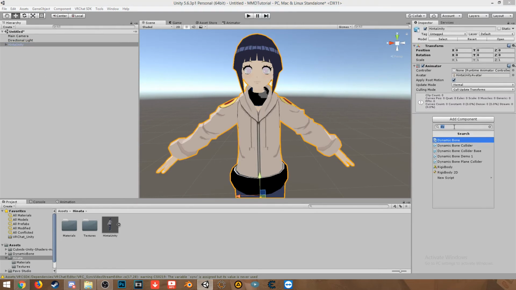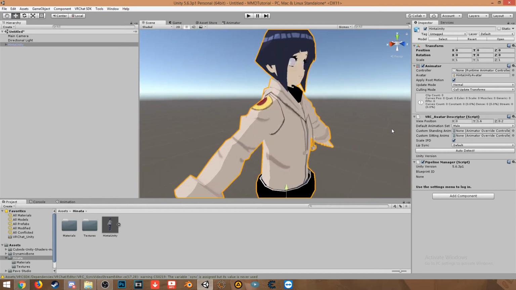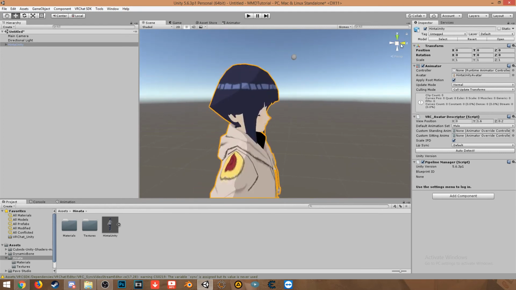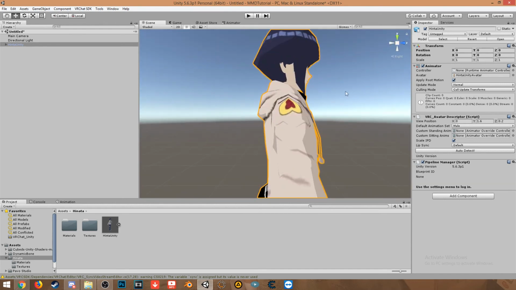Next step would be adding a descriptor. We just type in avatar and we will see VRC avatar descriptor. We left click and we see this thing popping up. First we see the view position. If you want to turn the camera, you can just use these things and then turn the camera to the left, and